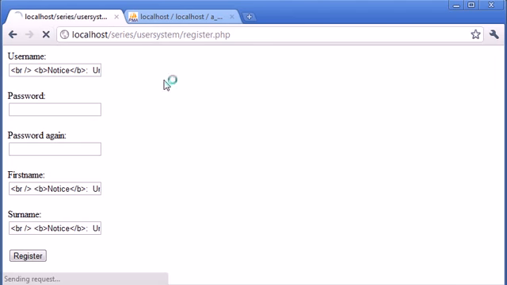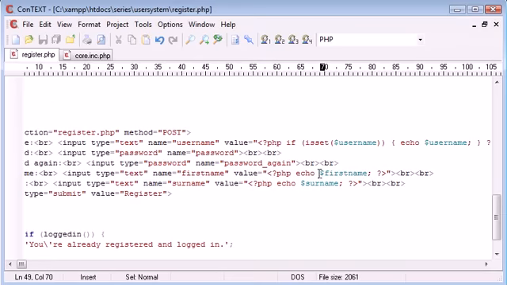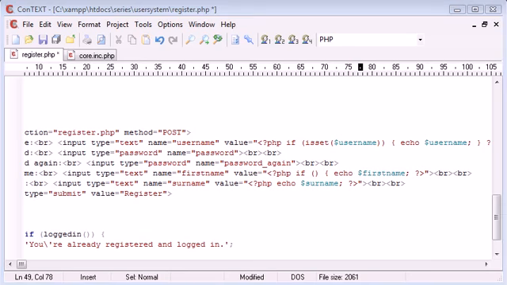So let's refresh, and you can see that that's disappeared from there, so we've solved that one. Now let's just go down and correct the others. So we're using inline PHP here, we're saying if, and then we're, oh no, sorry, I've missed the echo there. So we put that echo back in the right place there. Then we need to obviously close our block. So again, if is set